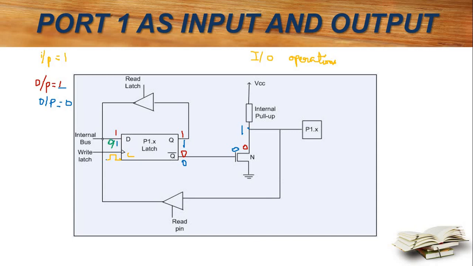If it is 0, once the clock is enabled, this Q will also get 0. Then Q bar equal to 1. This is 1 means this transistor will also get output as 1. But what is my input? I have given 0, so I must get a 0 voltage. And fortunately it will get a 0 voltage. How? Because this transistor is connected to a 0 potential. So this 1 will turn into 0 and finally I will get the output as what I have given as input. Okay, this is about port 1 operation.